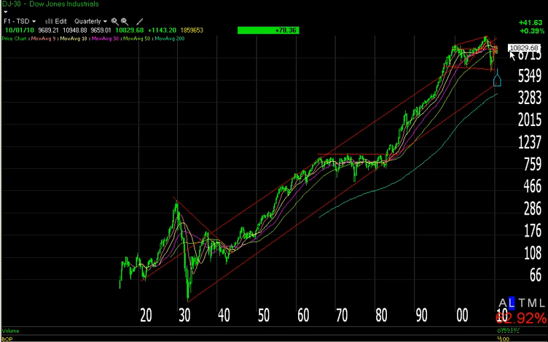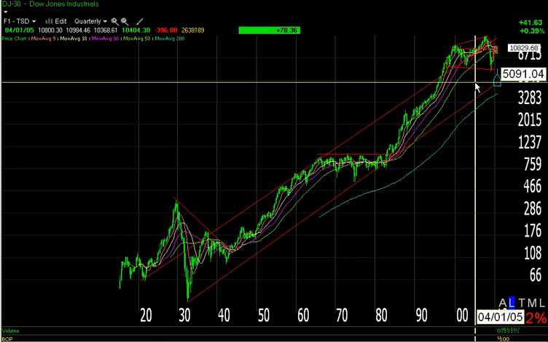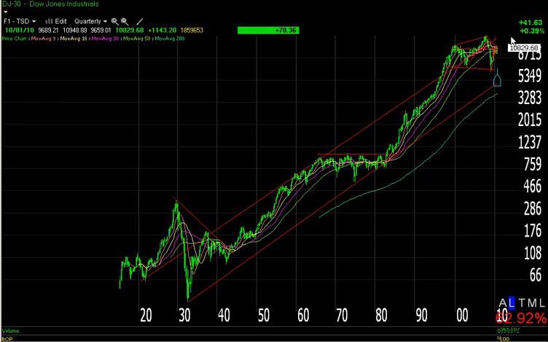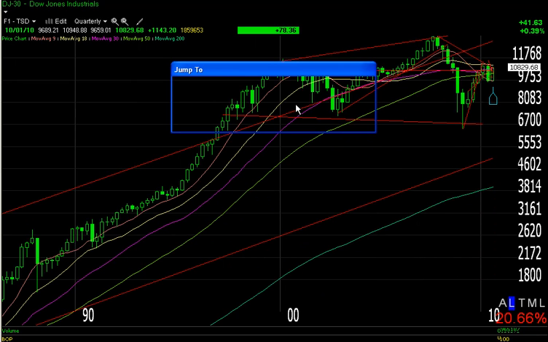So my target would be coming down to this lower red line, which right now is trading at $509.04. That would be roughly a 50% decrease in the value of the Dow. That's a scary thought. Now, if we go to the, excuse me, just a second here,